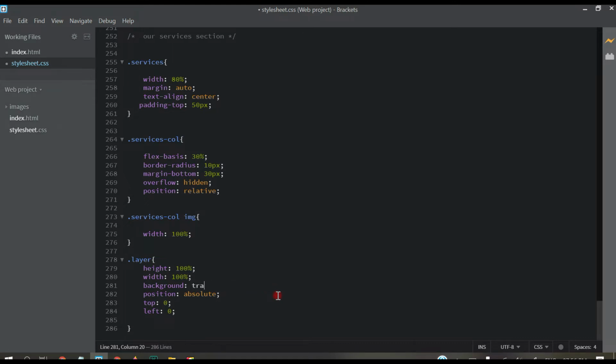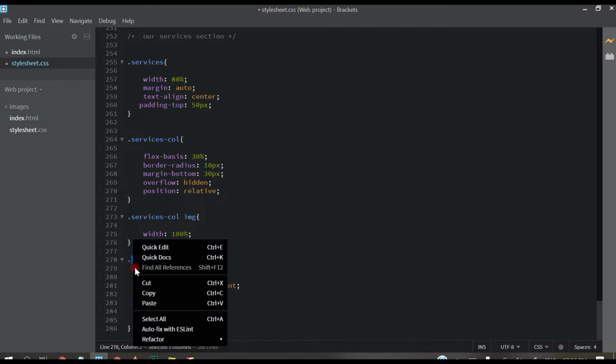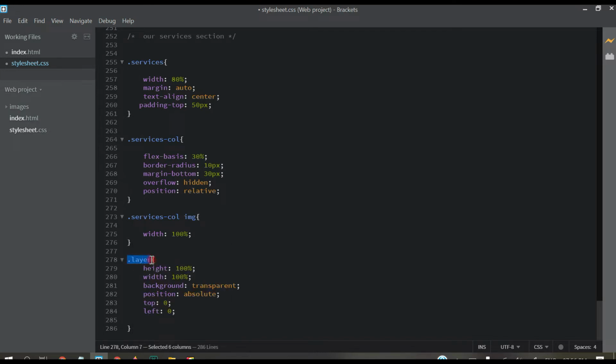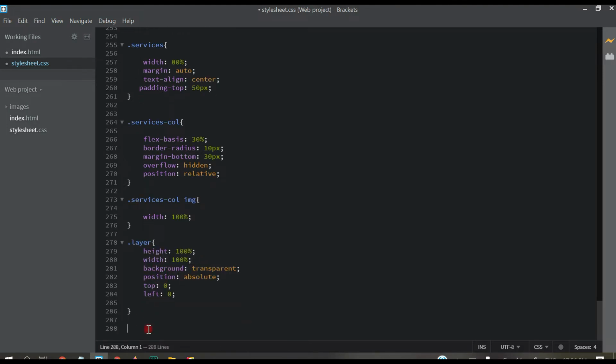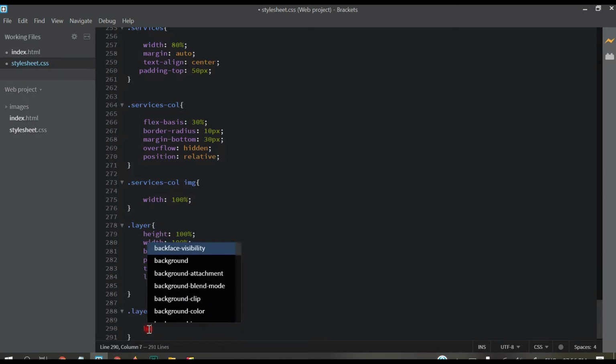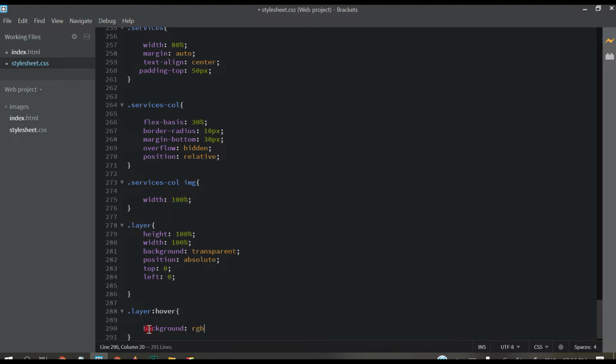Instead of this, let's say transparent, and then copy this layer and down below paste it and type hover, and then after that background RGBA, this one, comma 0.5.